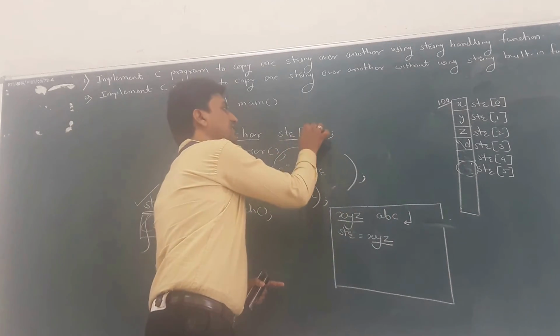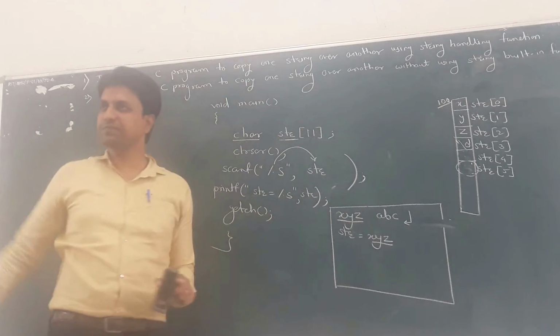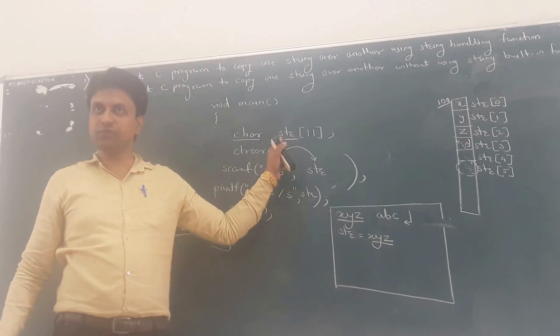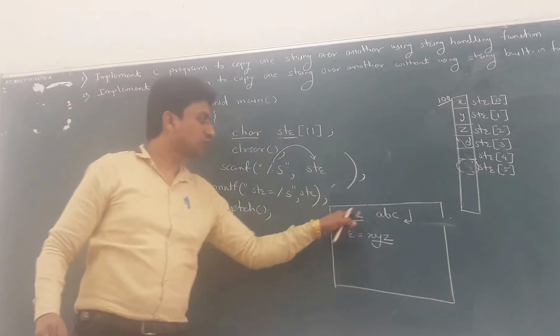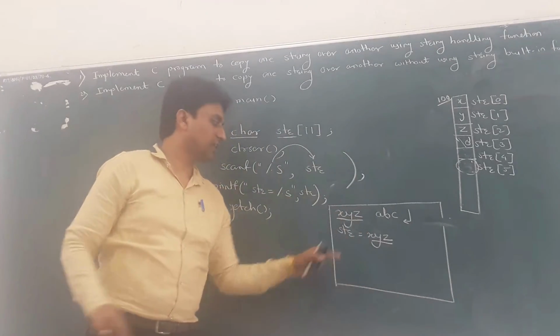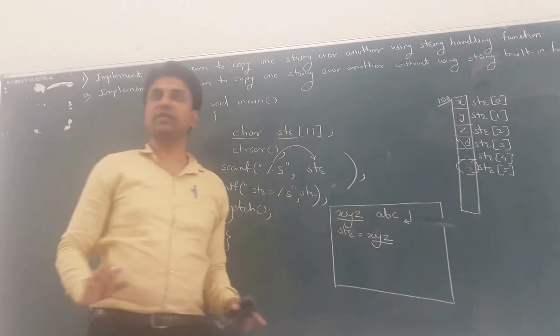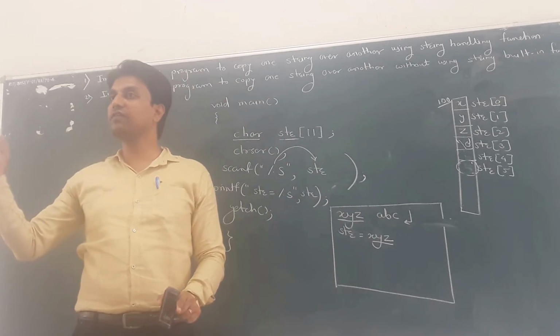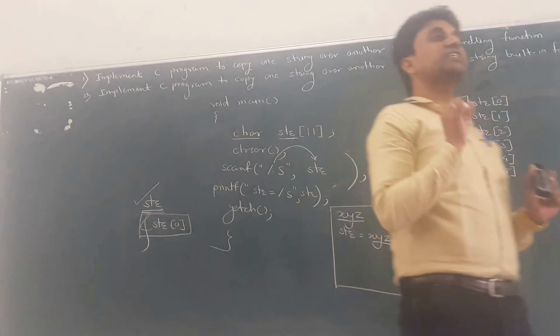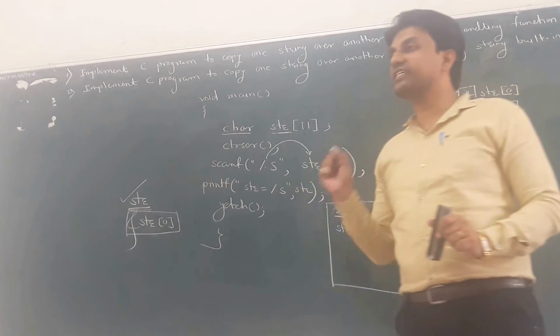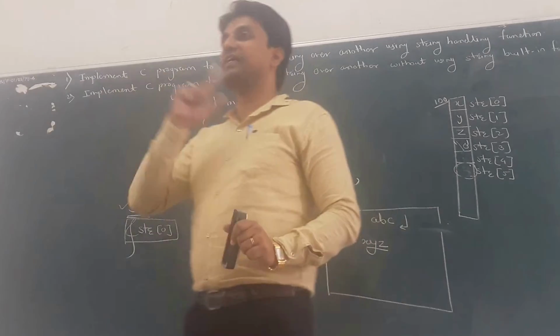Okay, you can increase the size, suppose to 11. For that you basically have to increase the size of str to 11 characters. Still, only xyz is displayed, not the part after the space. That is the drawback of the scanf function. So what is the drawback of the scanf function? Using the scanf function we cannot scan a string with spaces.